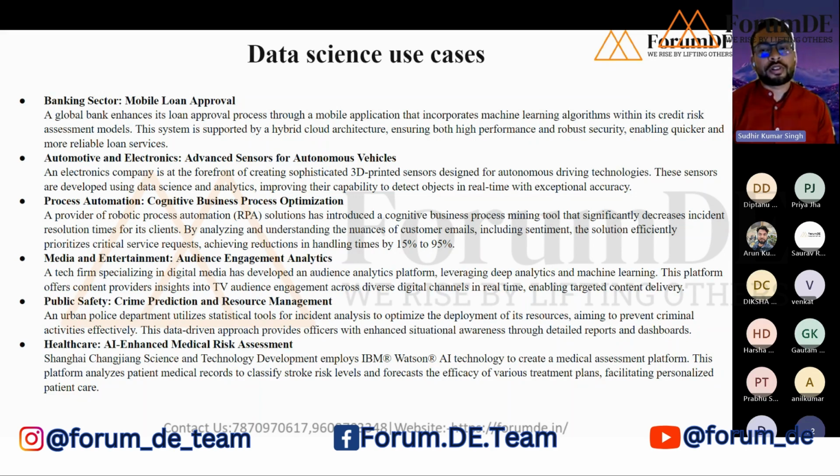In automotive and electronics, the self-driving car uses computer vision and AI. There is also process automation, like cognitive business process optimization, and media entertainment. If you can think of anything, all those things use data science and machine learning or deep learning, which we will cover in this course.